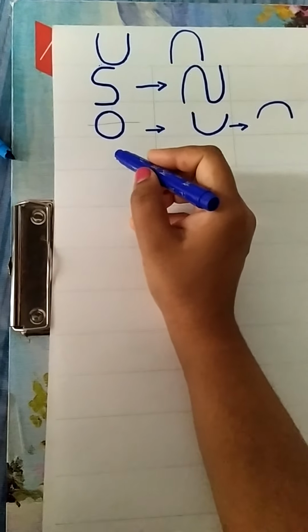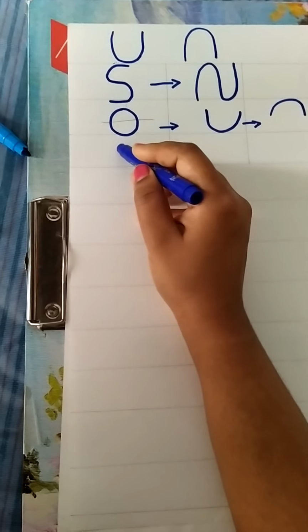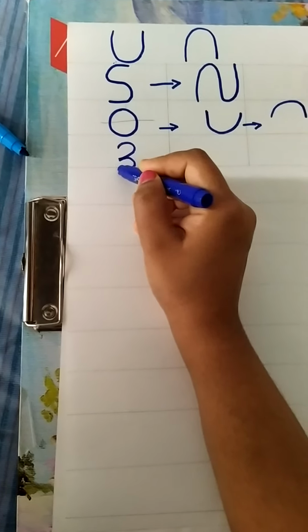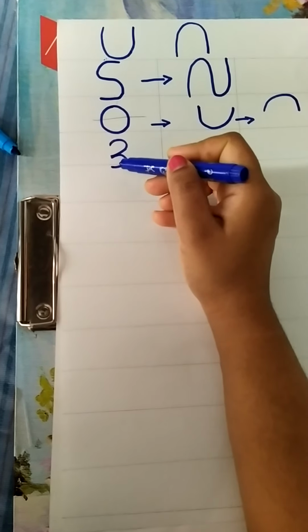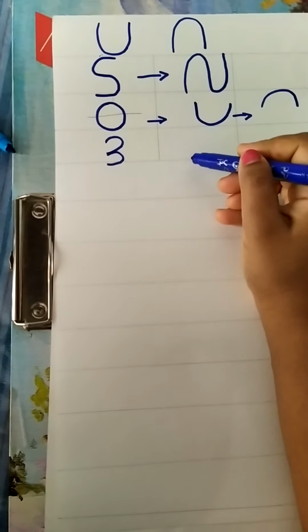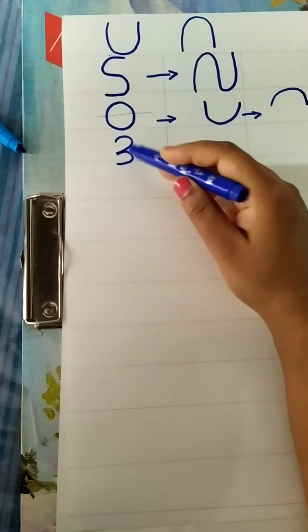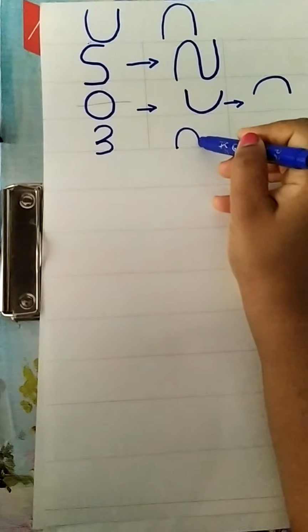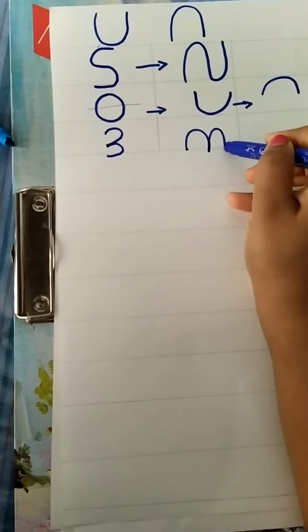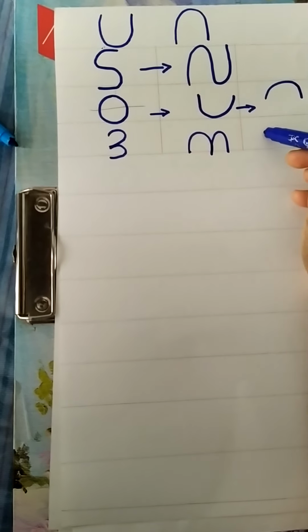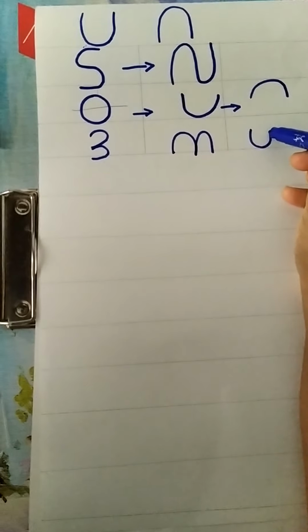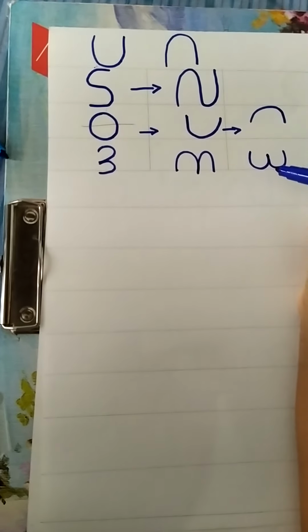The next shape you have to remember is the number 3. From 3, you can make it in a standing way, and you have to write it in a sleeping way. One is this way, and the other one is like this, like a small W, this way. From 3 you are getting two shapes.